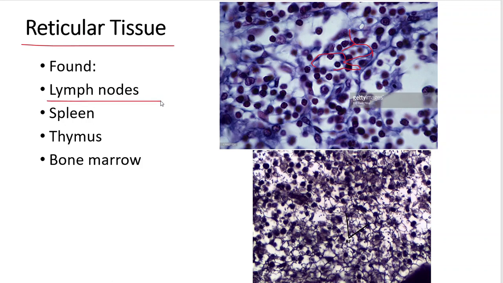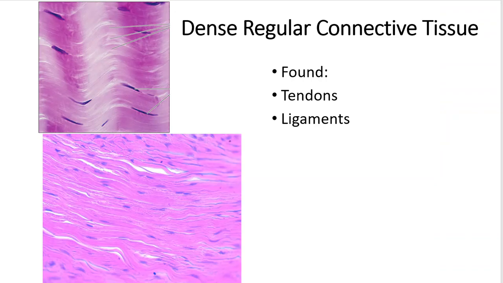These are going to be in the lymph nodes, spleen, the thymus. They actually help to form kind of like a soft skeleton or bracing material. And there's some of this in the bone marrow as well. Okay,